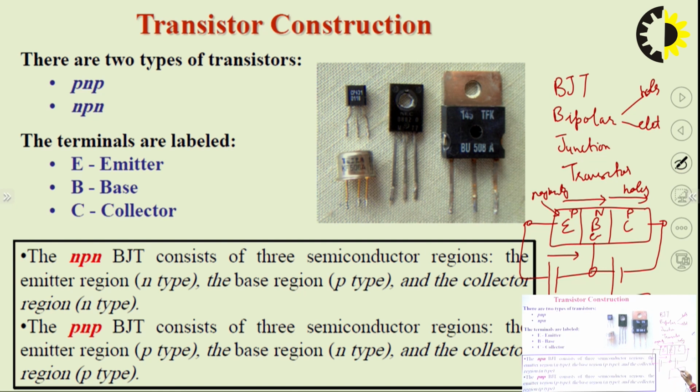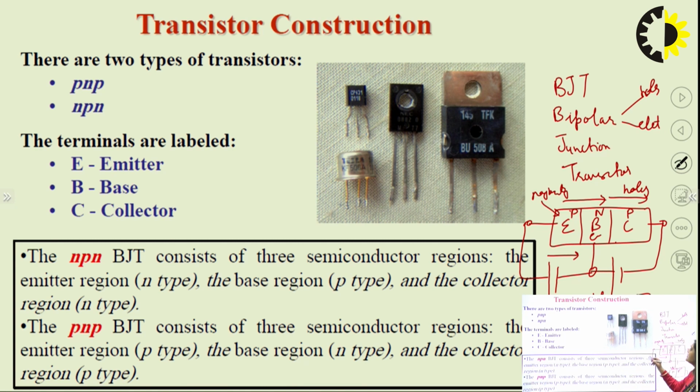If we see the diode, that is N and P, and this is in the reverse bias. We know that in reverse bias, current flows through the minority charge carriers. In N type, minority charge carriers are the holes. So, this reverse bias across the base and the collector junction helps in attracting the majority charge carriers from the emitter towards the collector, because these majority charge carriers are acting as minority charge carriers across the junction B and C. That is why we keep the emitter base junction forward bias and base collector region in the reverse bias. So, this is the PNP transistor.